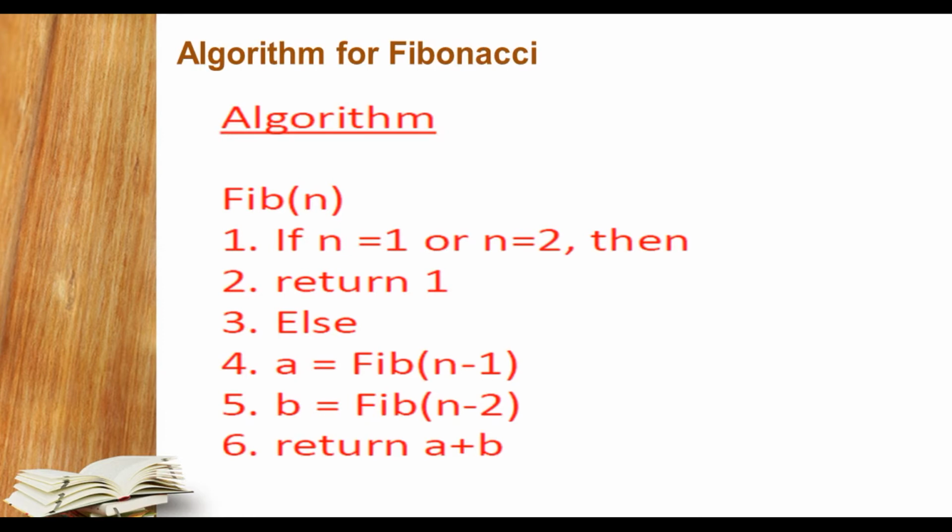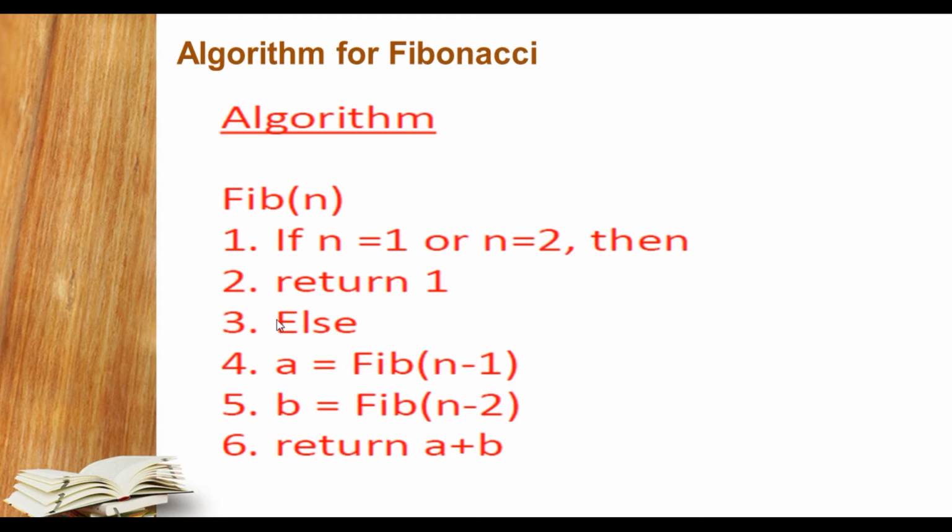Okay, now come to the algorithm of the Fibonacci. Here you can see, student, an algorithm is a step-by-step solution of a particular program, in some form of notation or code also. Suppose we have created Fibonacci as a function. The first step says: if n equals 1 or 2, then it will return 1. Otherwise it will store two variables, a and b, which are Fibonacci of n minus 1 and n minus 2, and at last we will return a plus b. Once again, student, if n equals 1 or 2, then it will return 1, and the function will terminate.